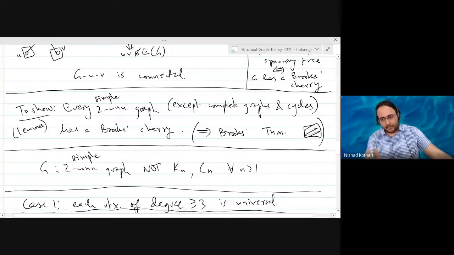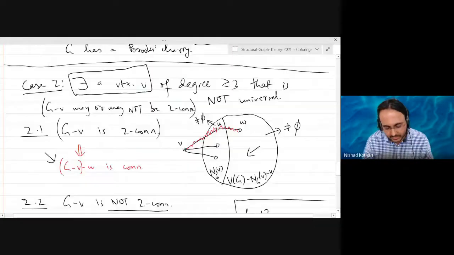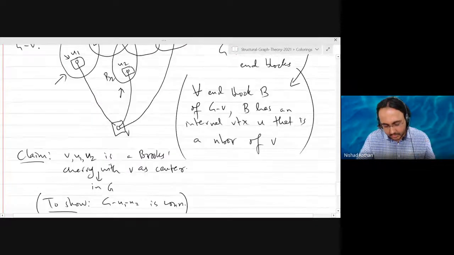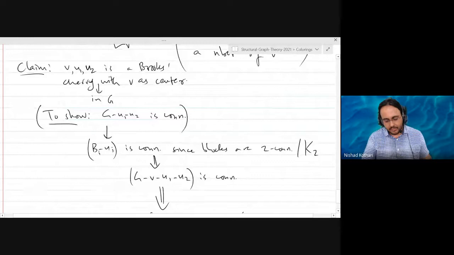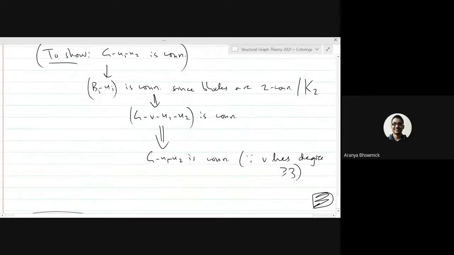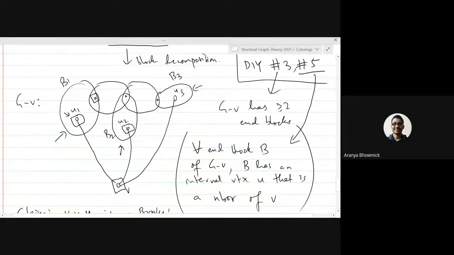But anyways, before we move on to matchings, if there are any questions or concerns regarding this proof, this is a good time to ask them. Right? So sir, I have a question. Suppose G is a graph which is not two connected. So G has a block decomposition. There are some blocks. If we remove at most one internal vertex from each block, then I think that G will be connected, right?